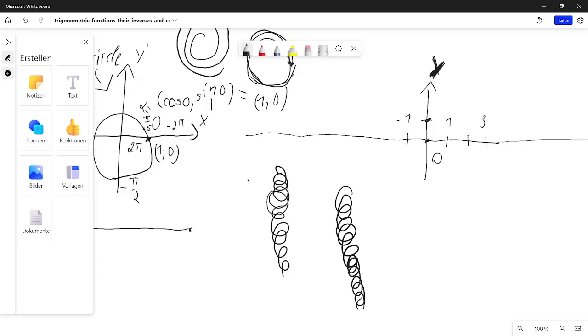And we know that pi is around 3.14, and if that would be 4, then pi would be somewhat around here. And pay attention, pi is 3.14 now as a number, but pi is actually 3.14 in the sense of the angle,